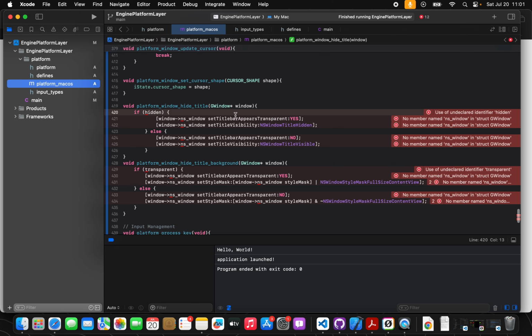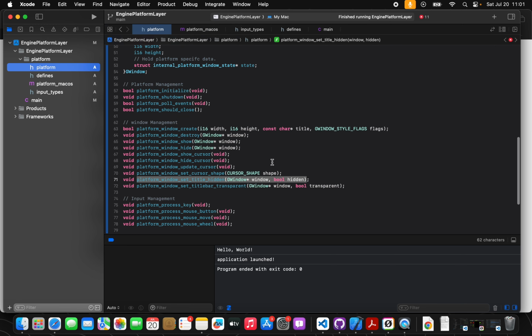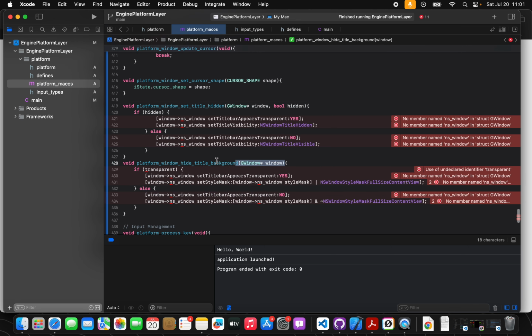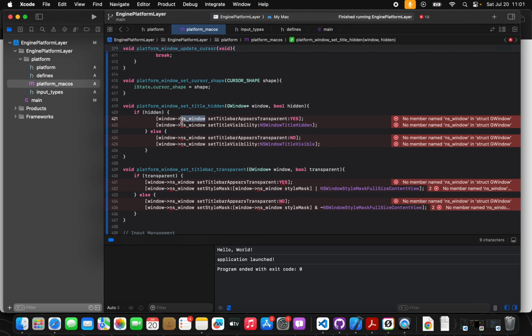For this one, we will replace this like this, and then for the other one, all we're doing essentially is this, and we're coming in here and changing that like that. And then the window that we're passing through essentially is a G window, so we can just say window,